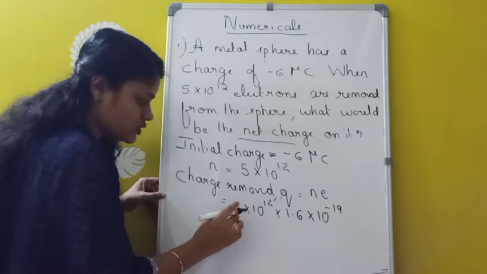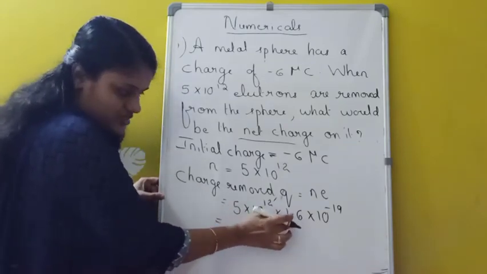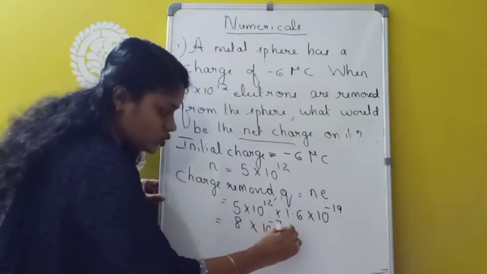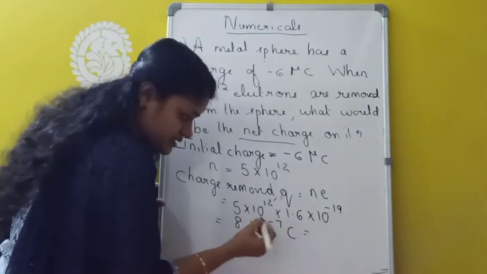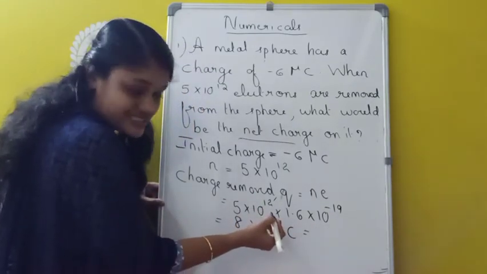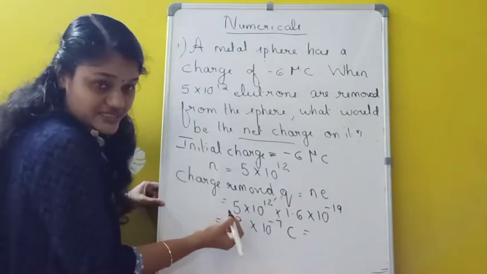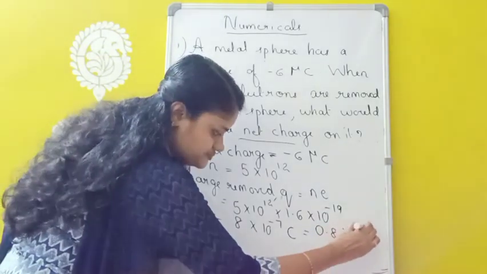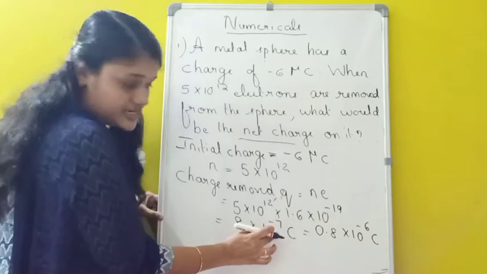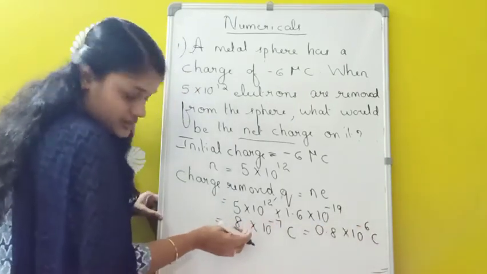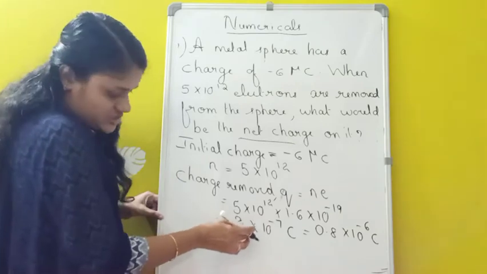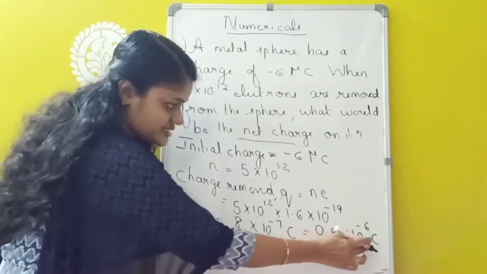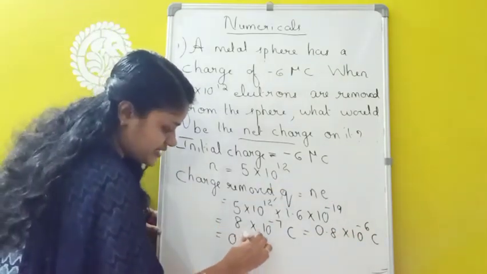Okay, that is equivalent to 5 into 16 will be getting 80. So putting the decimal means we will be getting as 8. So 8 into 10 raised to minus 7 coulomb. Okay, or we can write like this. So this one I am writing in terms of 10 raised to minus 6. That means one decimal we have to put on the left hand side. So we can write this as 0.8 into 10 raised to minus 6 coulomb. This minus 7 I am converting into minus 6, and this minus 1 means we are dividing by 10. So dividing by 10 means we will be getting as 0.8. That is equivalent to 0.8 into 10 raised to minus 6 coulomb, which is microcoulomb. So we can write as 0.8 microcoulomb.